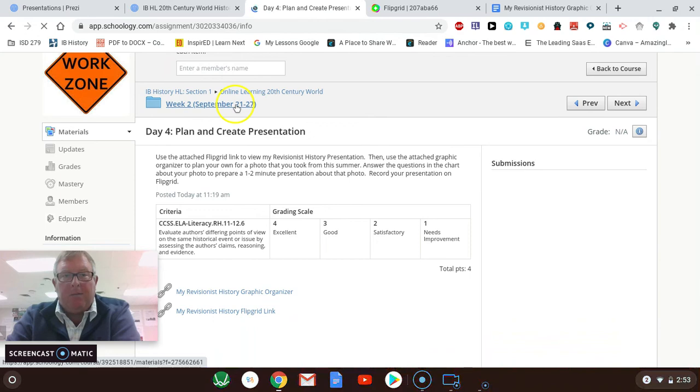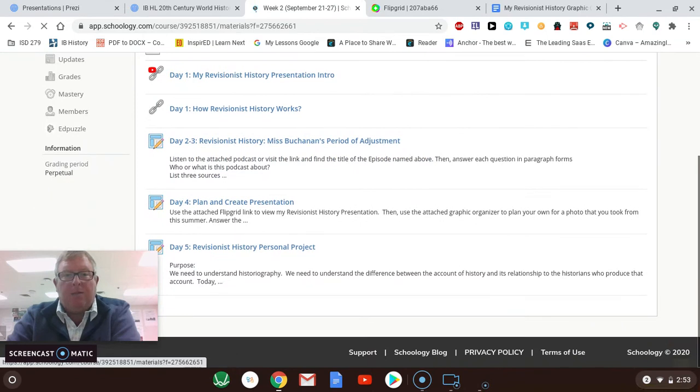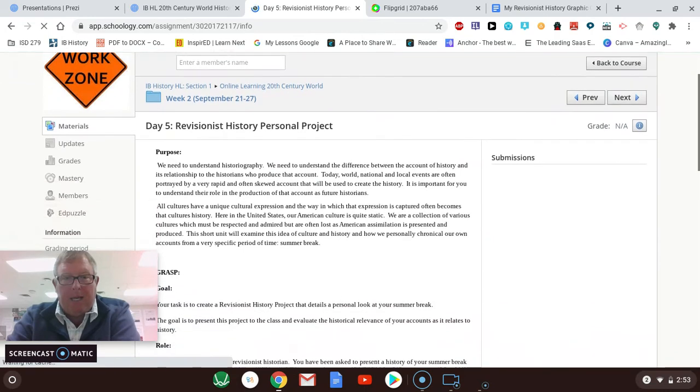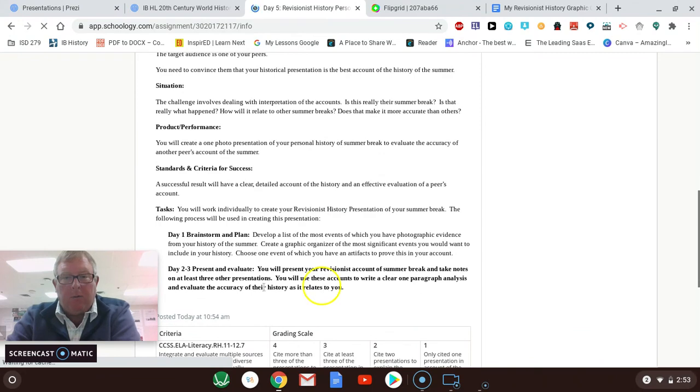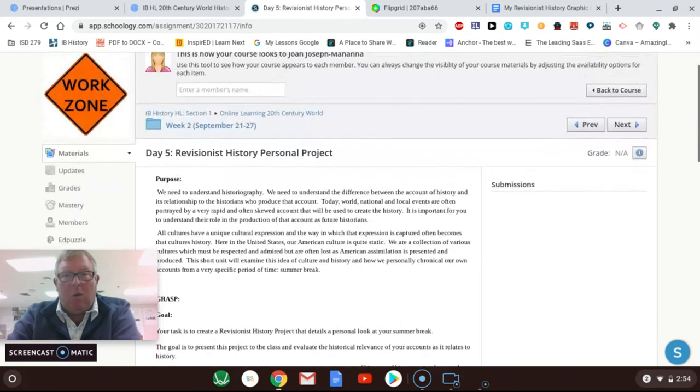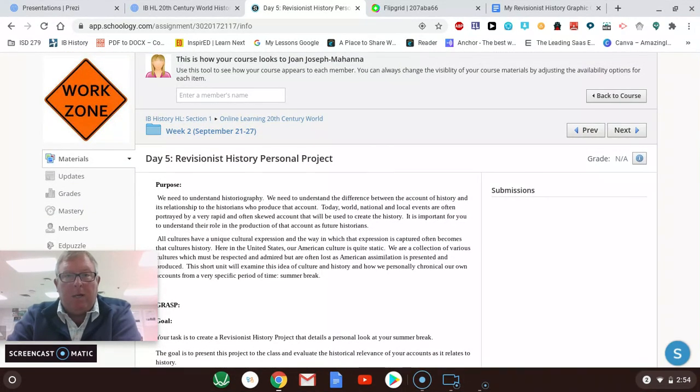And then the final aspect of this is, once you have that Flipgrid uploaded, the presentation created, as well as your graphic organizer, you will then in here get a final summative project grade, where you will eventually write an essay that takes at least 2 to 3 other accounts, and you write a 1 to 3 paragraph essay, basically explaining the most accurate representation of revisionist history of the summer of 2020. And that's going to go in here in this assignment. And you can get back to the Flipgrid link